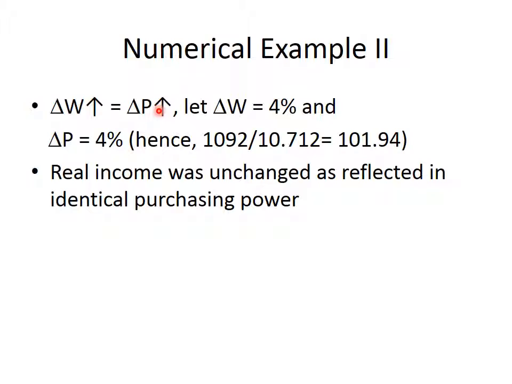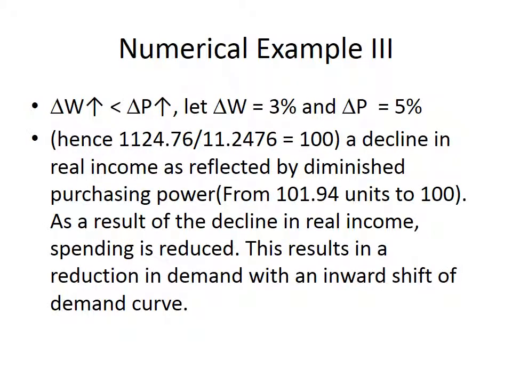We've had a 4% price increase, but our purchasing power hasn't changed because it was neutralized or compensated for with a 4% wage increase. Okay, and so we've achieved a balance. This is consistent with both the peak of a business cycle and the trough of a business cycle from macroeconomics. Okay, so the real income was unchanged. Now let's look at